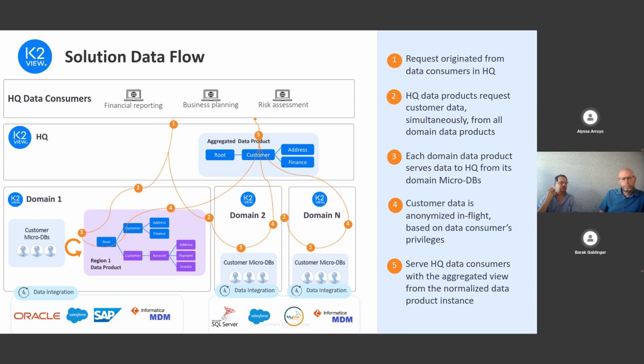One is, according to the user profile for this specific domain, we check two things. One, can he get the information at all, or what data? It might be that he can see the customer, but he cannot see from this domain any address or finance, or he can see everything. The other thing is, there might be a case that for this user profile, he is able to see the entire data, but for example, he is not allowed to see the social security number or the zip code or anything like that. So there is a masking at the level of the data domain per what to see and how to see.